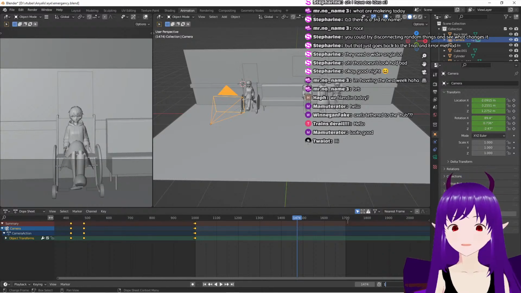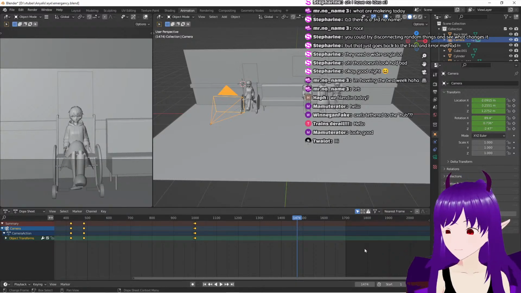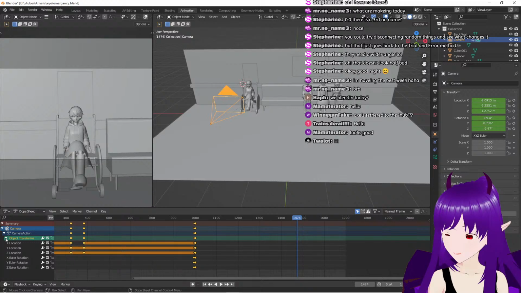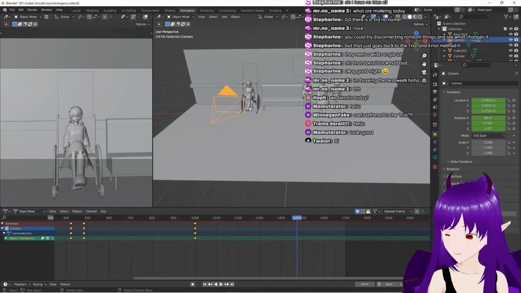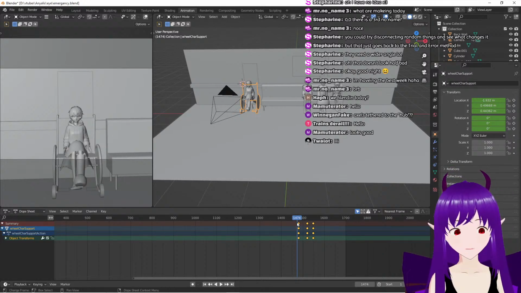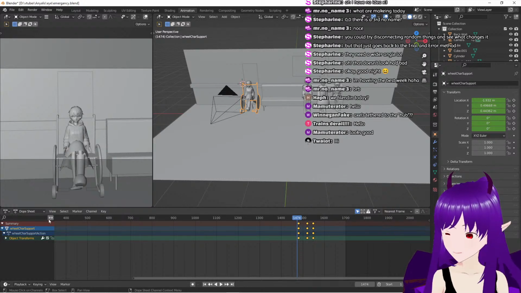Actually, before we do that, I do want to fix something. Transforms. Old lady, actually. There. Switch from dope sheet